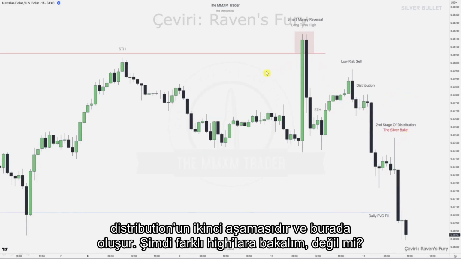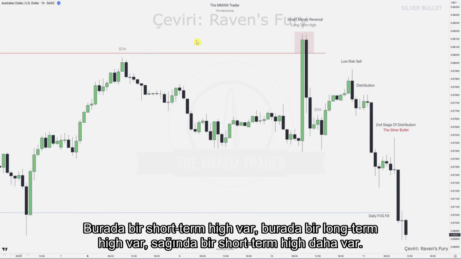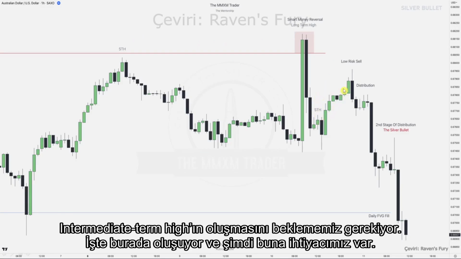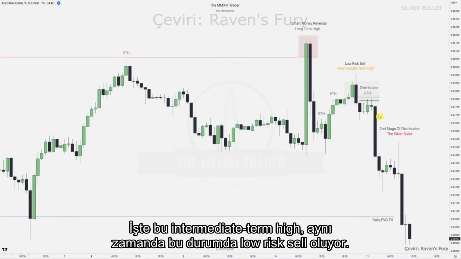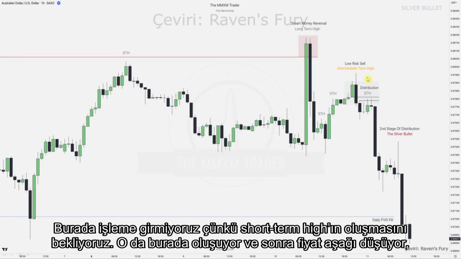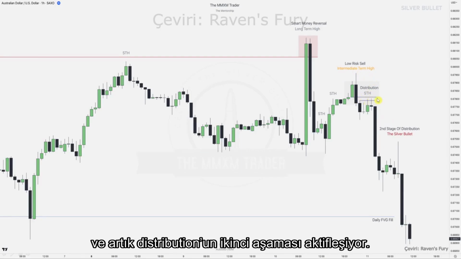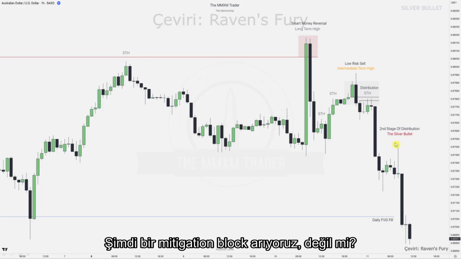Now let's look at the different highs, right? We have a short-term high here, long-term high here, short-term high to the right of it. Now we need to wait for that intermediate term high, which is forming above over here, right? And now we need a short-term high to the right of it, which is over here. And this is what it looks like, that intermediate term high, which is also the low risk sell in this occasion, right? So we don't get in over here because we're waiting for that short-term high to be formed, right? Which is over here, and then price drops down lower, and now the silver bullet is activated in the second